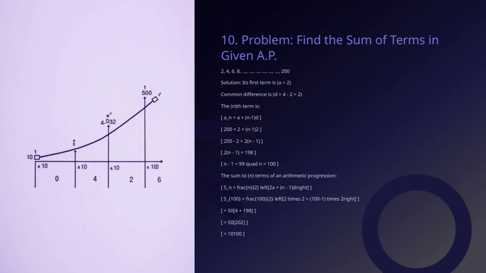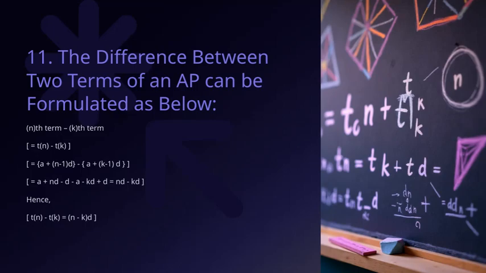The overall theme here is how to efficiently find the sum of a sequence when you know the first term, the common difference, and the number of terms, key concepts that help us understand summation in series. Let's take a closer look at how we can find the difference between any two terms in an arithmetic progression. As you can see from the formula, t n minus t